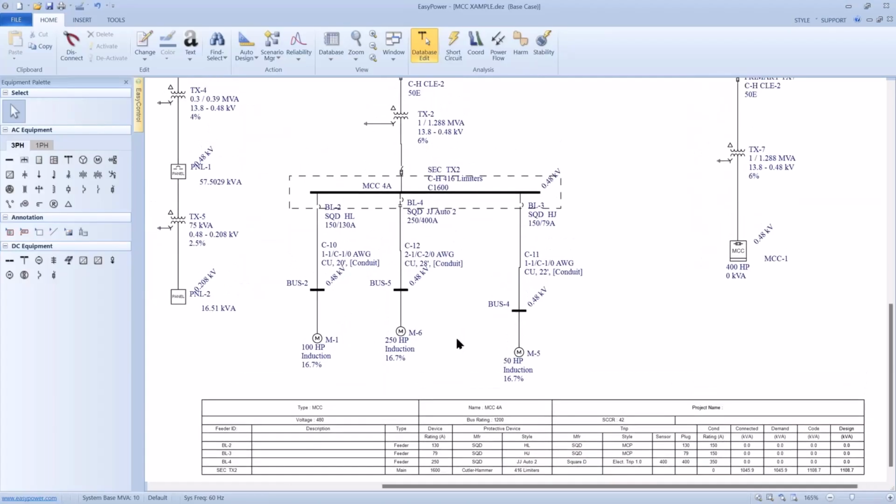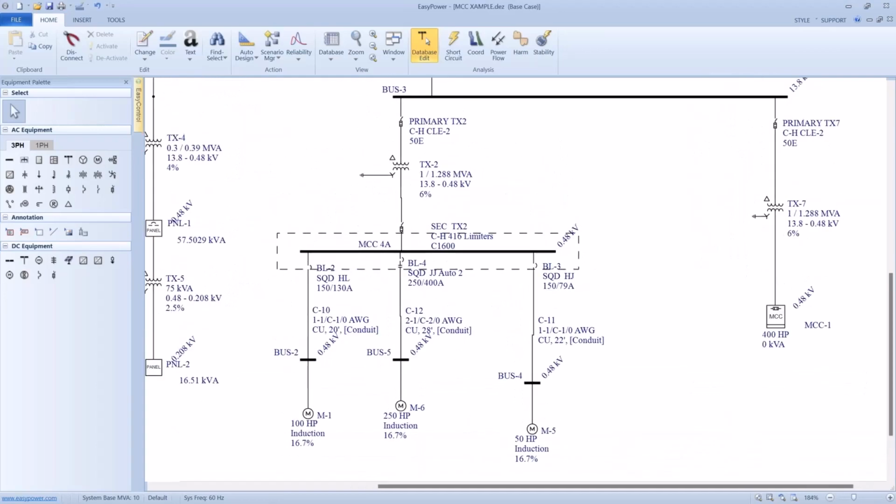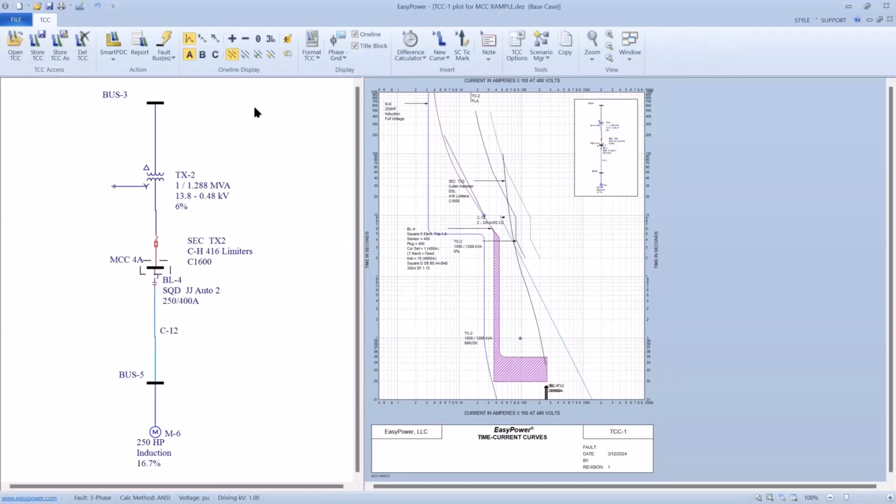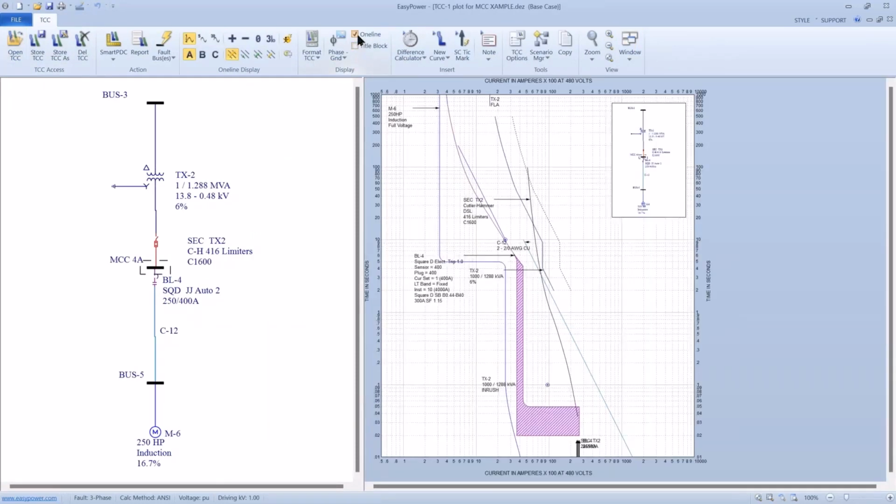Just as an aside, my coordination efforts are going to be centered around the largest load on this MCC bus. And it's a good exercise that you should do for yourself, prove to yourself that once I've coordinated for the largest load, then the smaller loads by default are going to be coordinated. But in this case, I'm going to coordinate for this largest load, go into coordination, plot the TCC, and what we see are the results of the setup for that particular